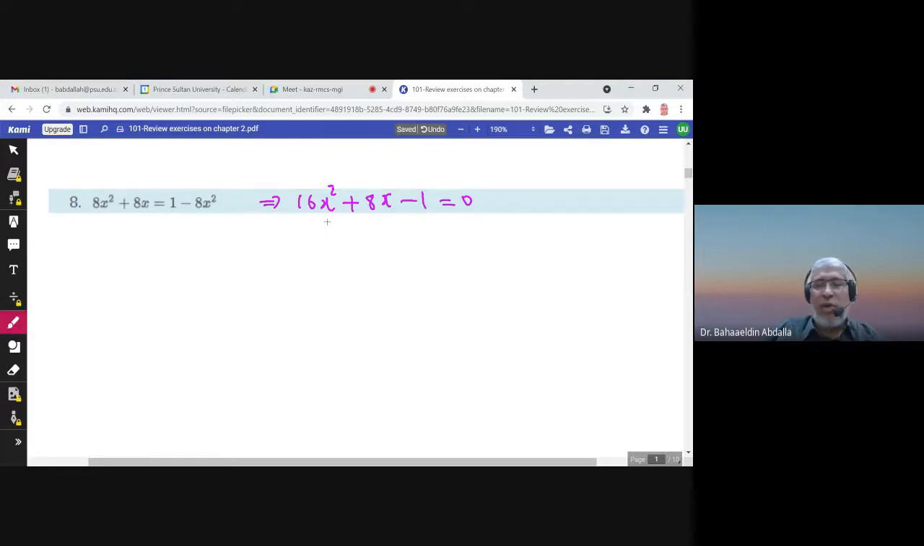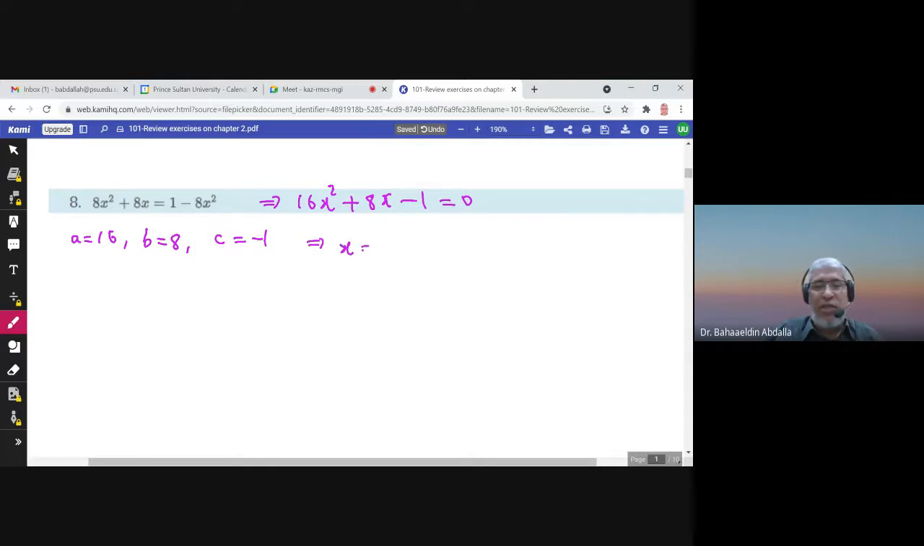So how can I solve this equation? Let me use again the quadratic formula. So A is 16, B is 8, and C is negative 1. A is the coefficient of x squared, B is the coefficient of x, and C is the constant term. So I use the quadratic formula, which is